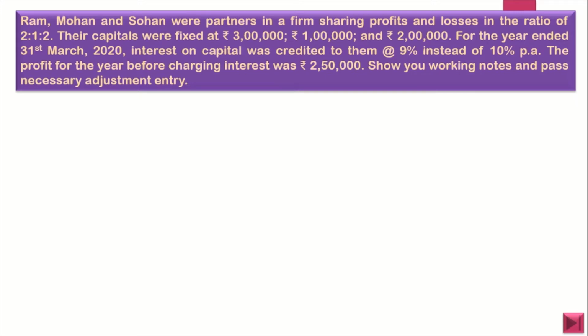Giving 9, taking 10, what a fun. Why is it required? Instead, what you can do is take 1% from the firm. The firm can credit 1% more to the partners' capital, and things will be okay. So this is what is called the net effect. Instead of going for 9% and 10%, see, that also is correct.